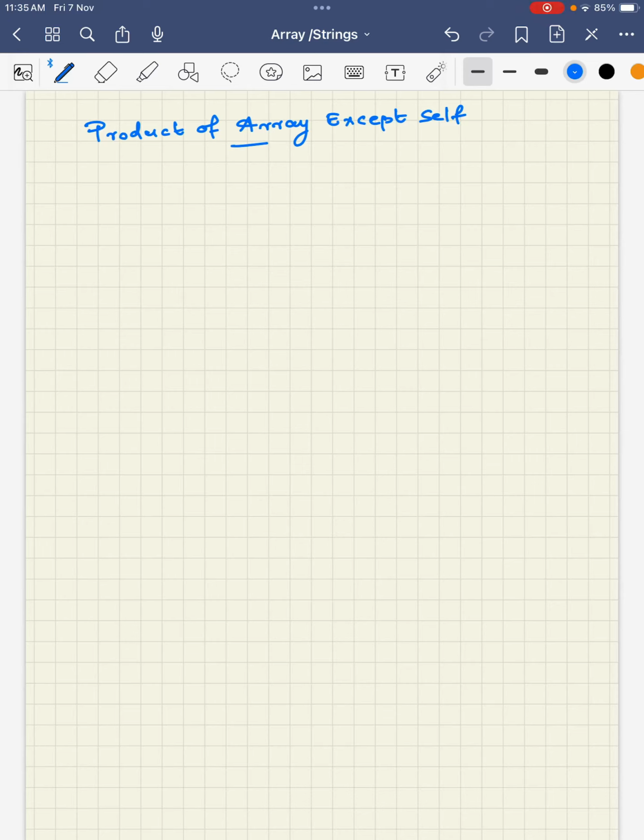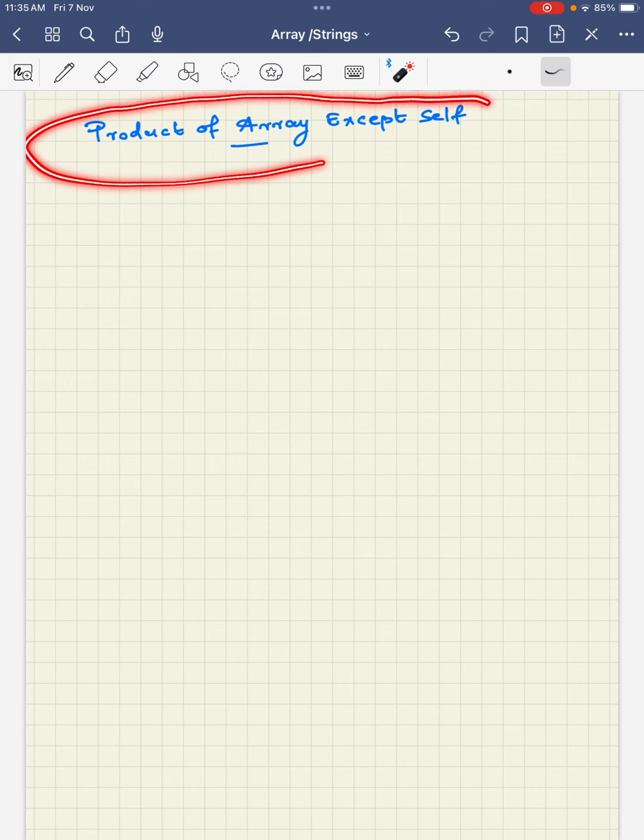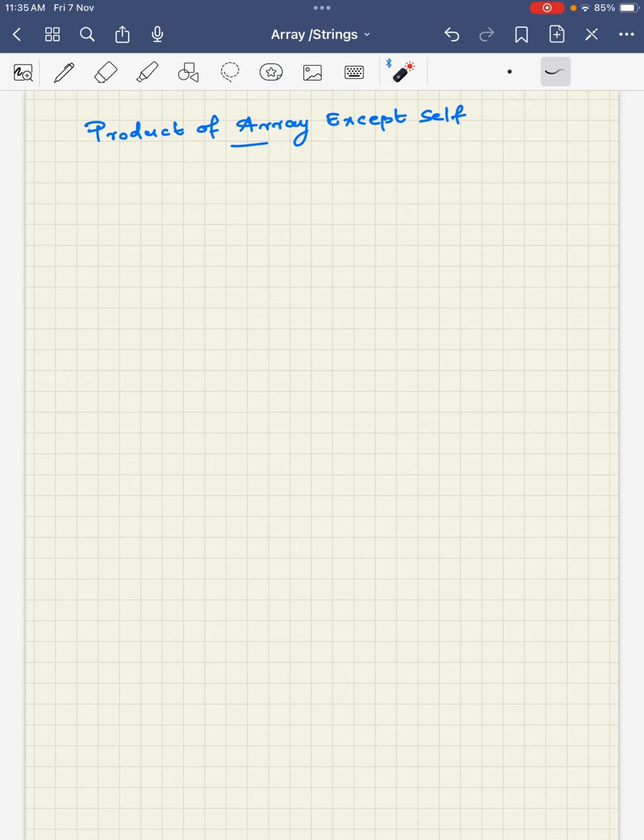Welcome everyone. Today we are going to solve a problem titled Product of Array Except Self. Let's try to understand the problem statement. You are given an integer array, let it be nums. Suppose it is given as 1, 2, 3, 4. And the problem statement says that you have to return another integer array, let it be answer,